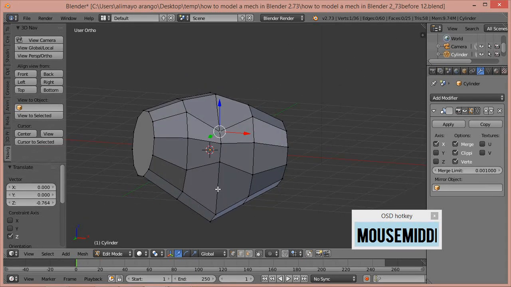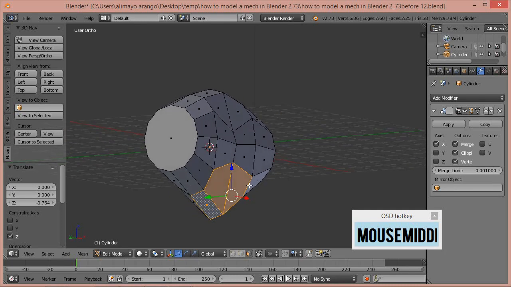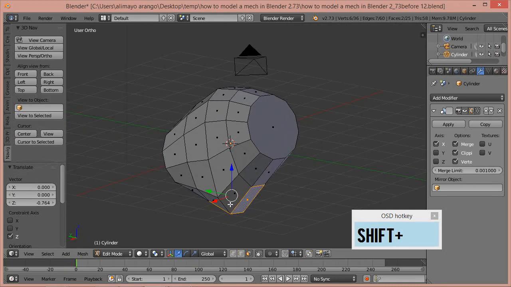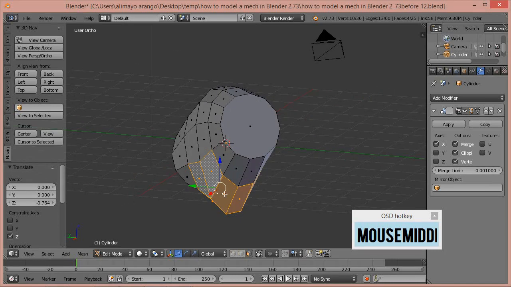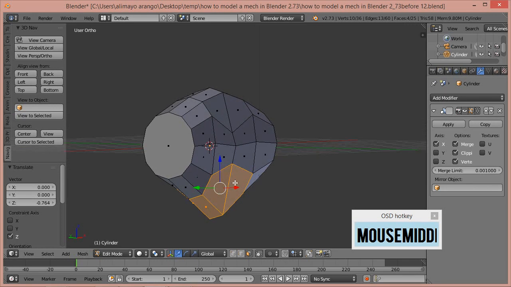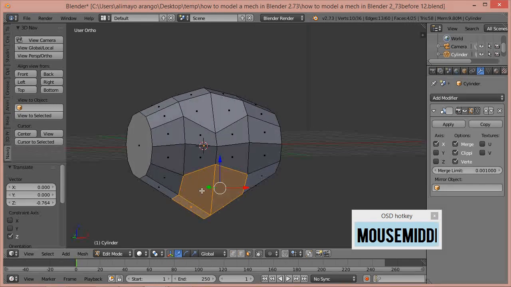With these faces here, not vertices, we're going to go to Face Select. I'm going to hold Shift and select these faces. What I'm trying to do is I'm trying to grab, see how this is in the front. I'm going to hold the middle mouse button and turn to the back. I'm still holding Shift and I'm selecting here. So we kind of have like an even piece of geometry coming from here all the way to the front, right? So we're eventually going to get rid of this piece of geometry, but first we're going to press E